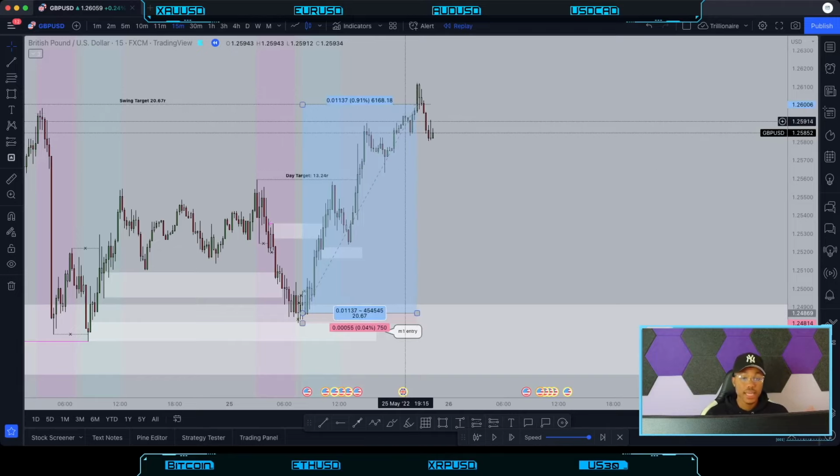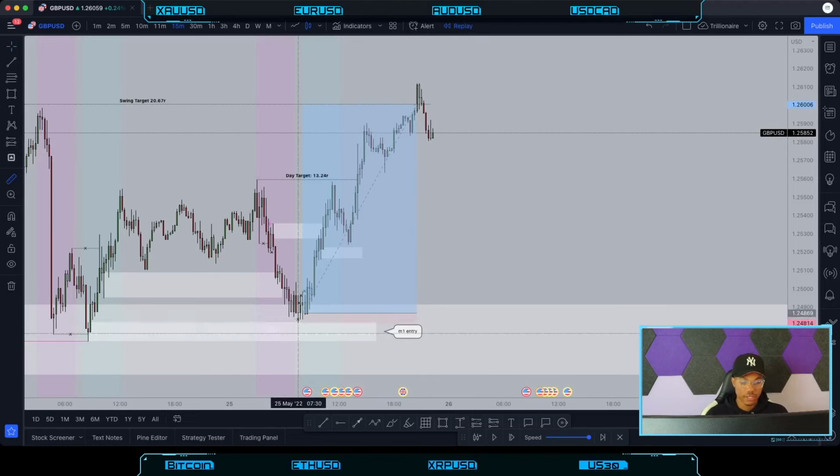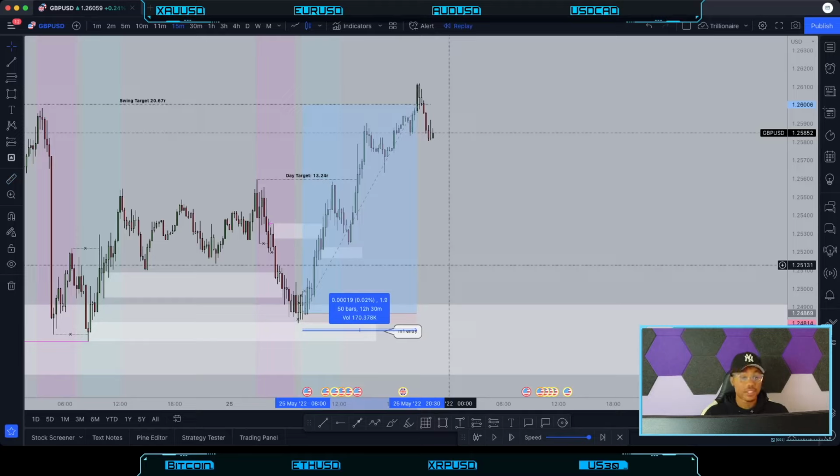So we can see that that was hit very, very quickly. Let's see how long it actually took us to hit this target. So as you guys can see, it took about 12 hours to hit 20%. That's wild. I can't even express how amazing that is, especially when you have students consistently passing these challenges just by taking the setups that are posted every single day, right? And as you guys can see, this produced us about 20%,